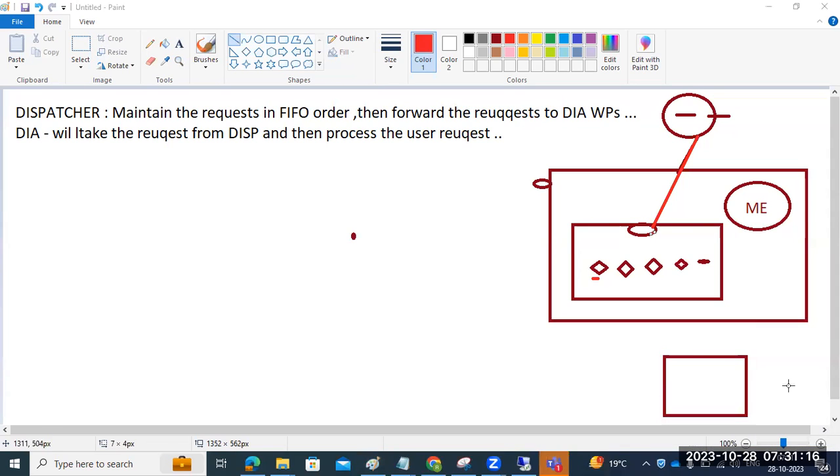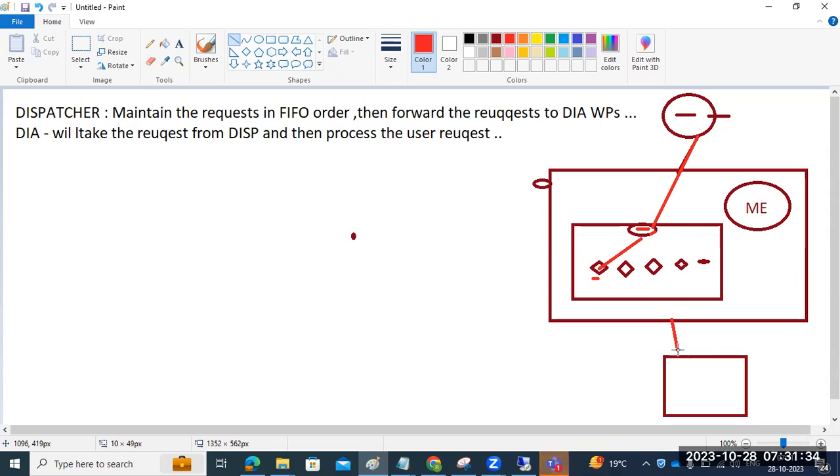Then immediately it will hand over the request to the dialog work process. Then the dialog work process takes the user request and processes it.